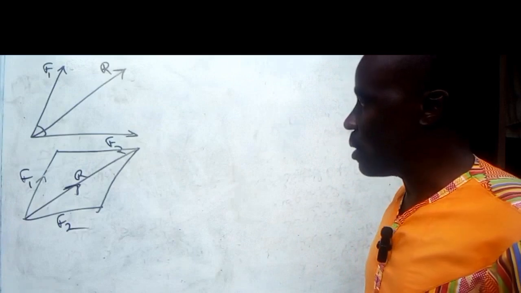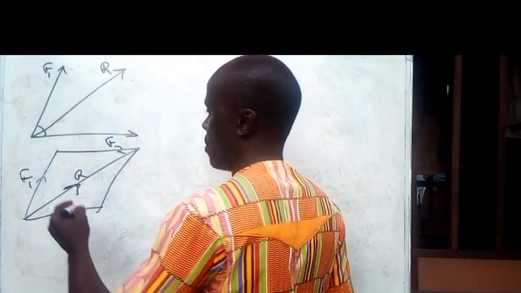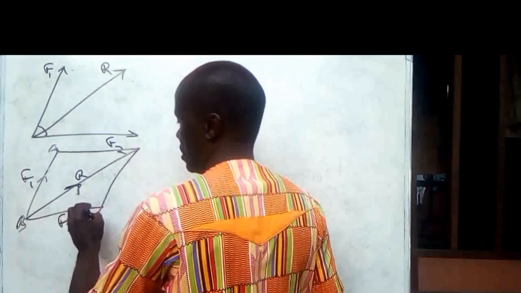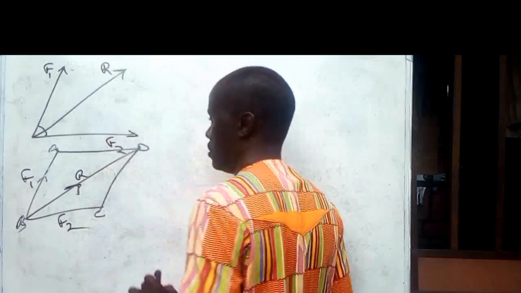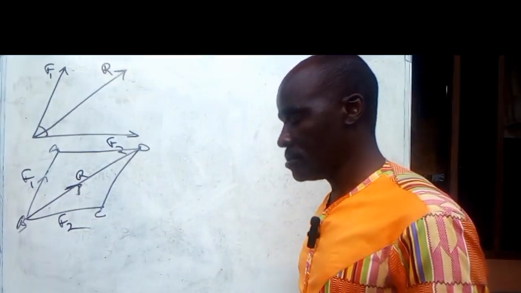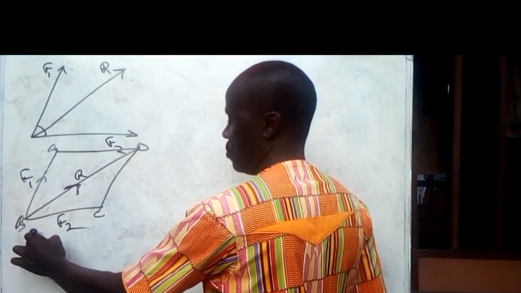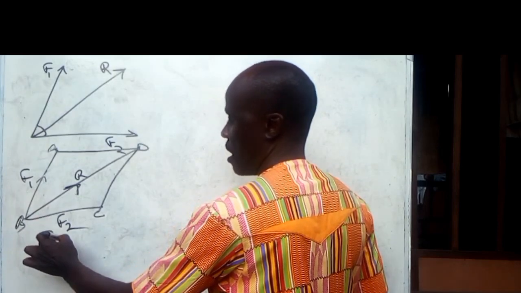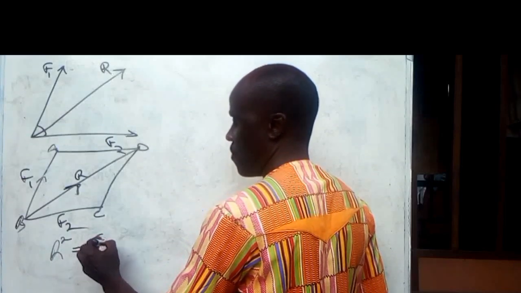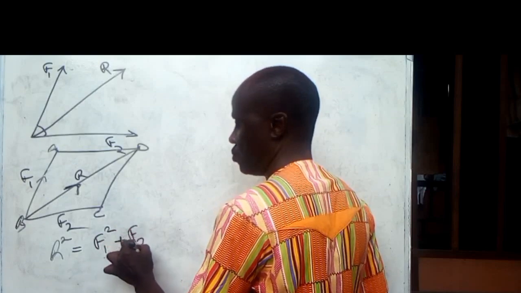Remember, when you look at it very well, we have a triangle, we have a shape like this, we have A, B, and then we have C, and then we have D. So if we are looking for this R, remember the cosine rule, then we have R squared will be equal to F1 squared plus F2 squared